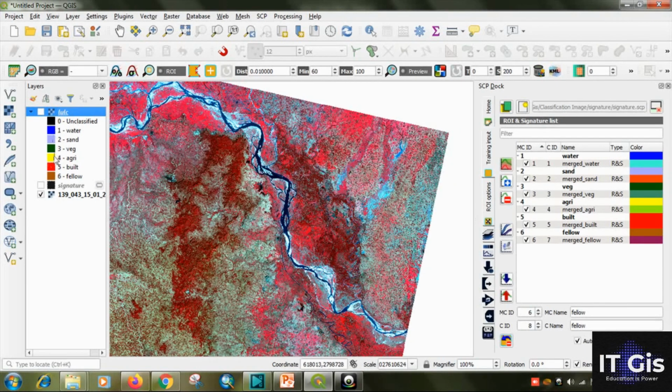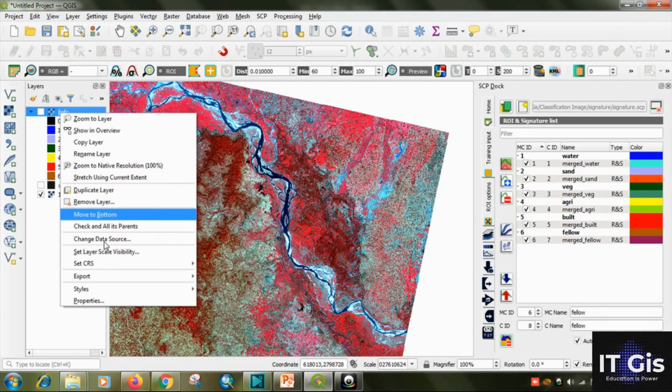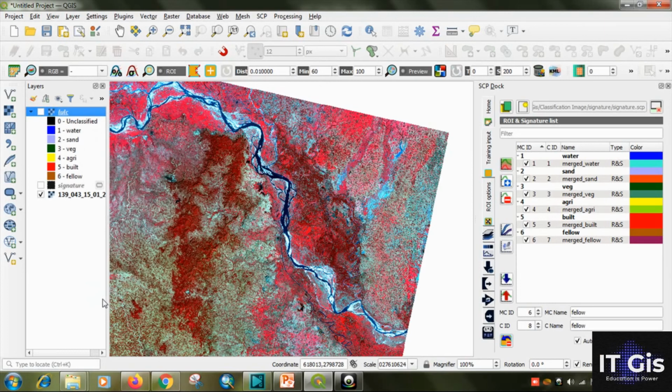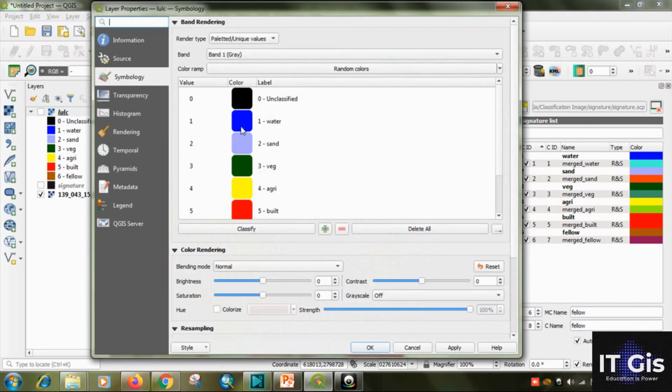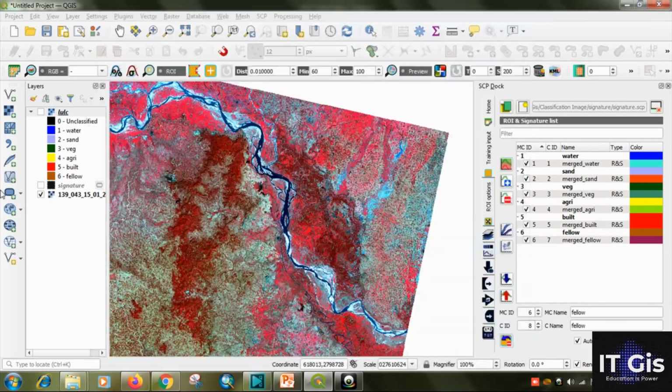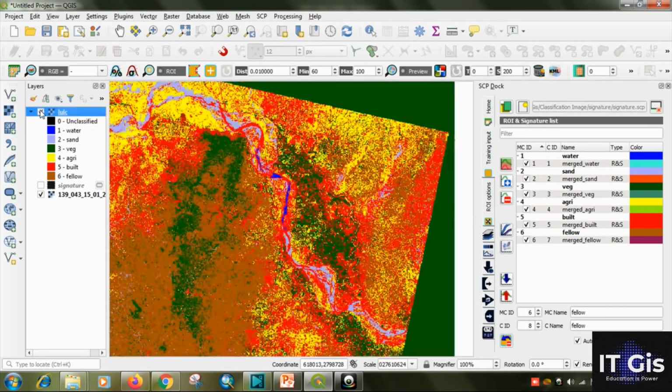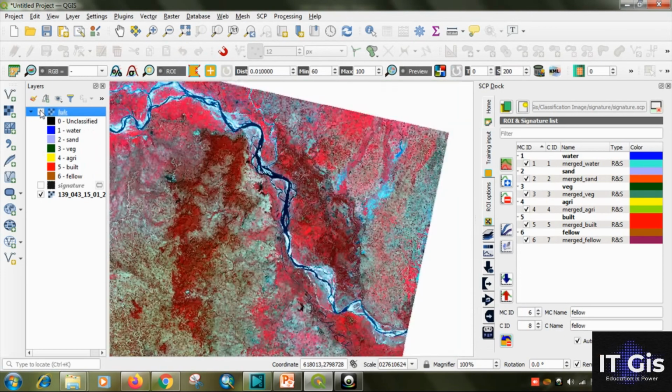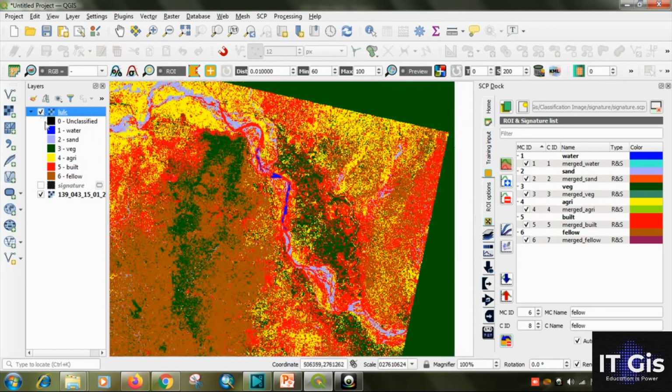You can change the color also by going to its properties. Double click on it and you can change the color. So you can see the agricultural land, the vegetation, the fallow land, and the sand.